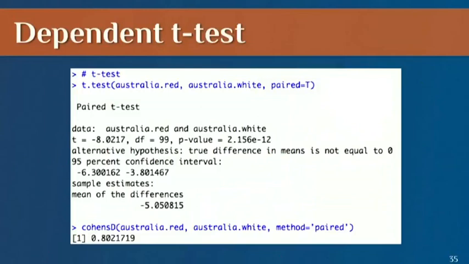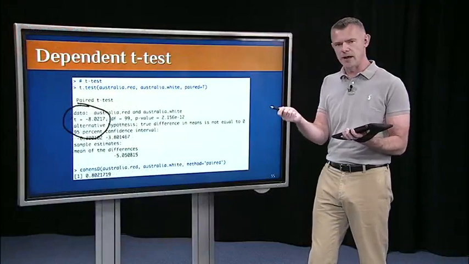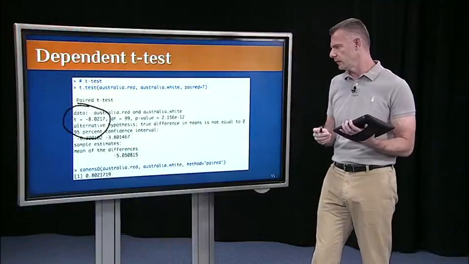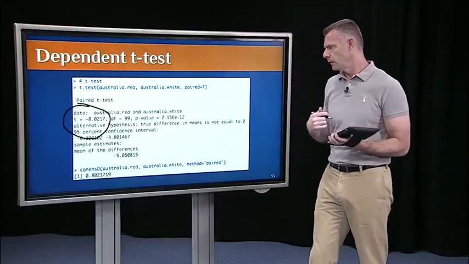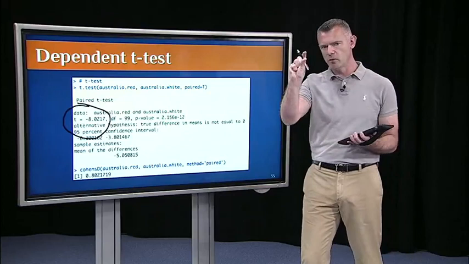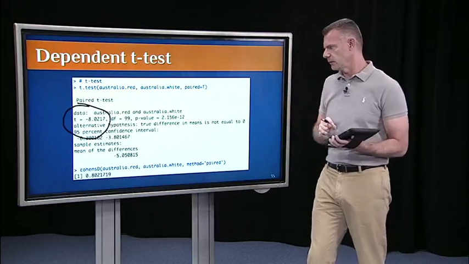Here's the actual t value. It's negative 8.0217. Why is it negative? Well, just because I put the red first and the white second. It's completely arbitrary in this case. I could have flipped them around and it would be positive 8. Doesn't really matter in this case. But you see, that's a high t-value. So even though on the graph it looked like a small difference, it's a reliable difference, at least in this